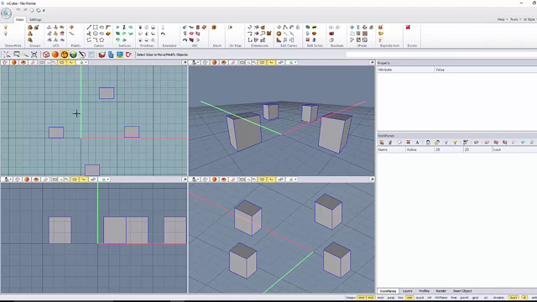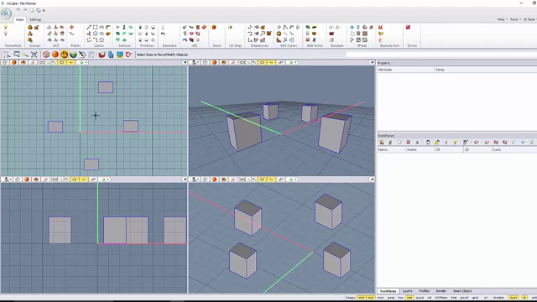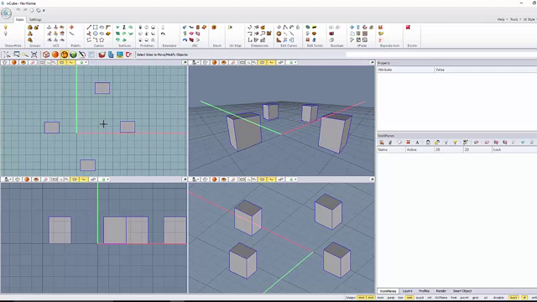We cannot change the view of this window. So this is a two-dimensional flat window. Now what's nice about this, we will see how to use this window in a more specific way when we talk about work planes. In this moment I just want to show,